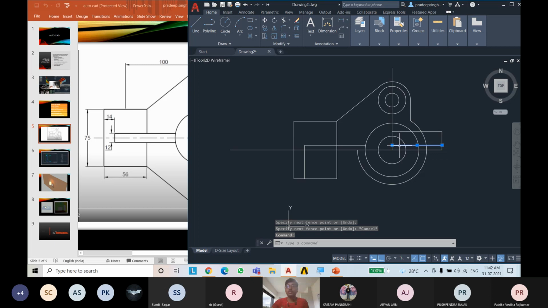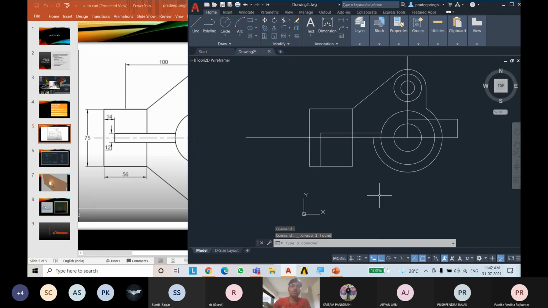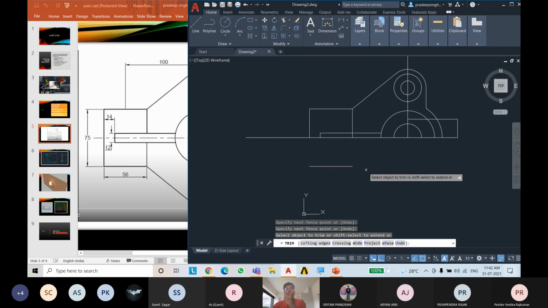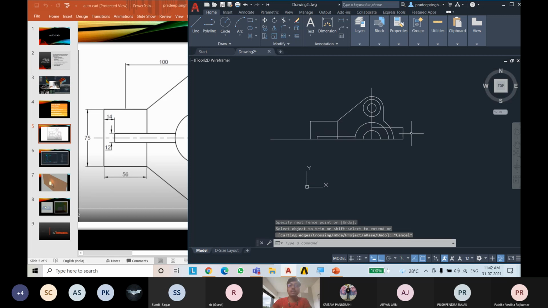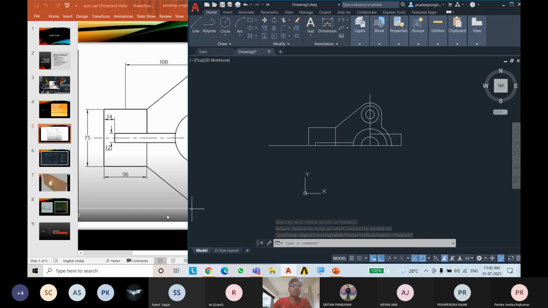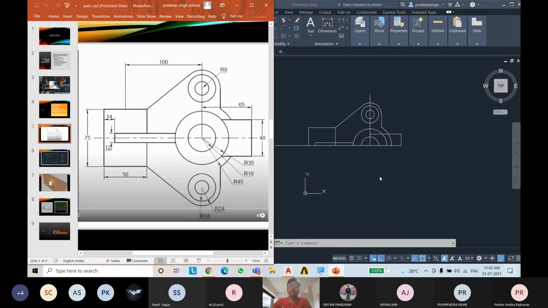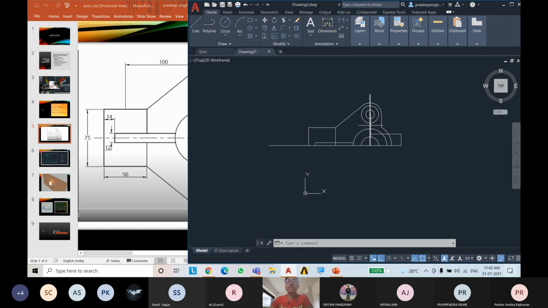Just select this and delete it. So yeah, now I will delete all the bottom part by this line. Now you can see that we have almost done the upper part. Some unnecessary things are there. I will delete this line, and